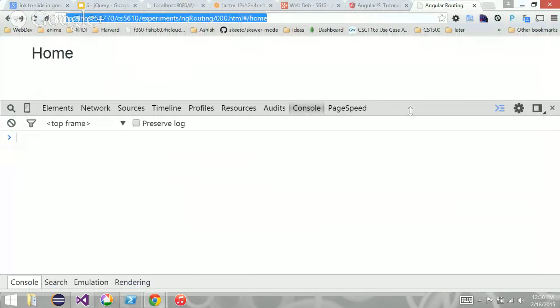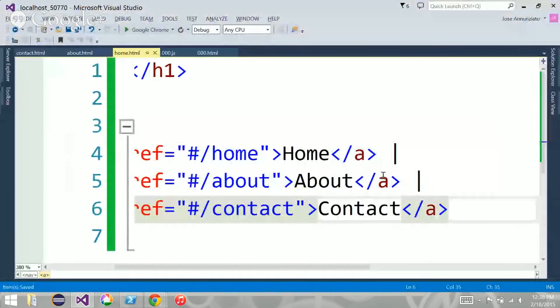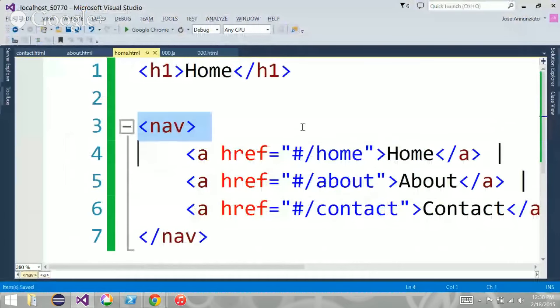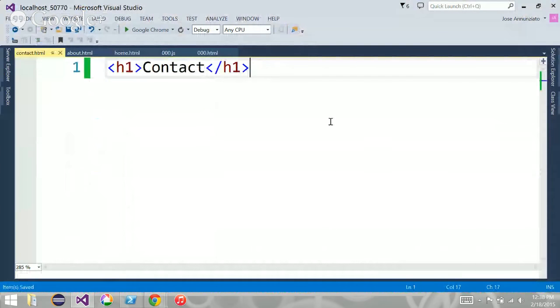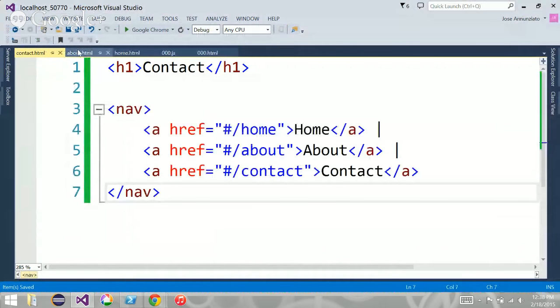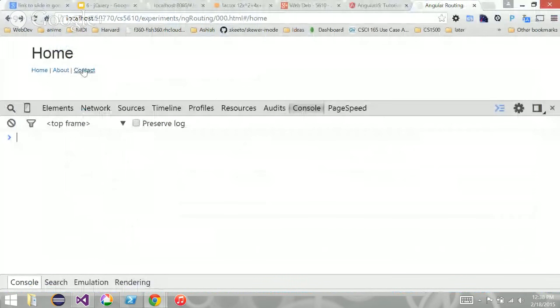So anyway, let's reload this. Notice that if I click on contact, it navigates to the contacts. Fine. And I could copy this into the other ones. So if I go to contact and I reload, there they are.